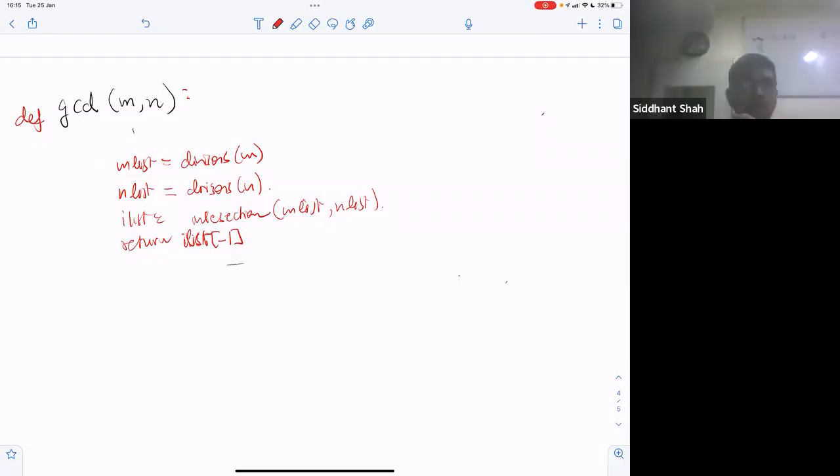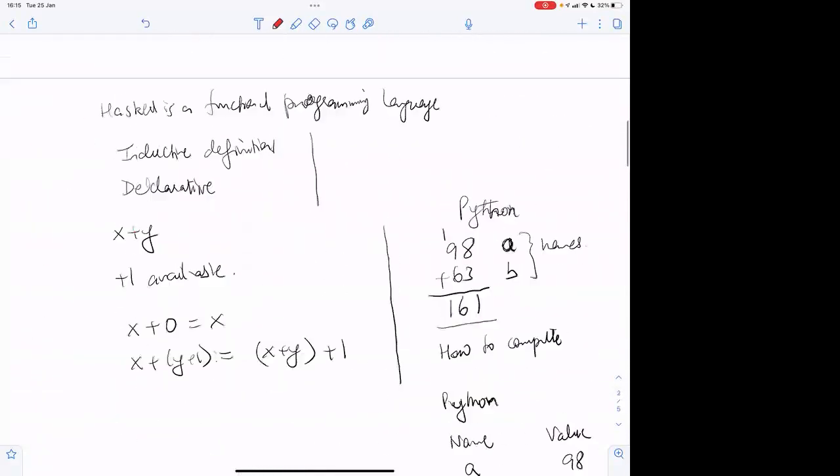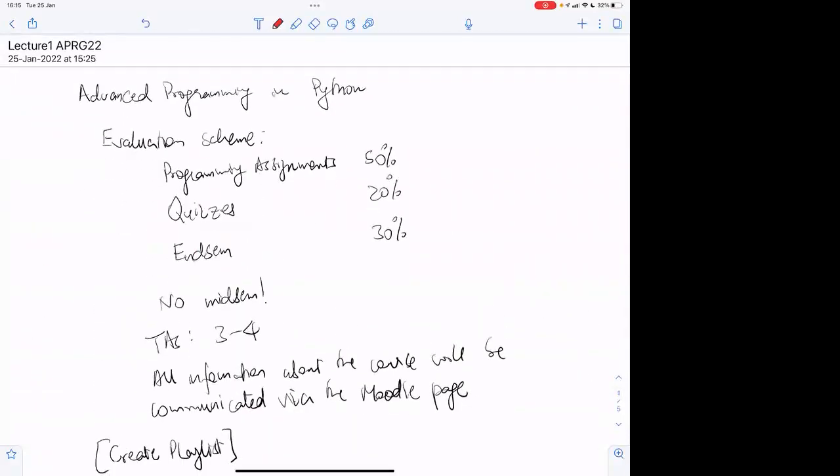Sir, not exactly related to what we've done till now, but is there a textbook you're going to be following for the course? There is going to be no formal textbook for the course, partly because I do not want too much overlap with the algorithms course, which you'll do next semester, correct?